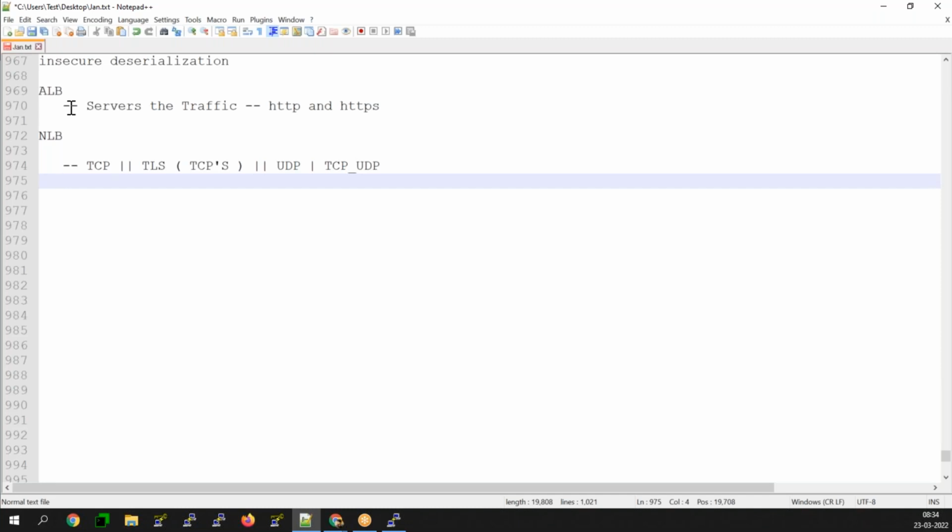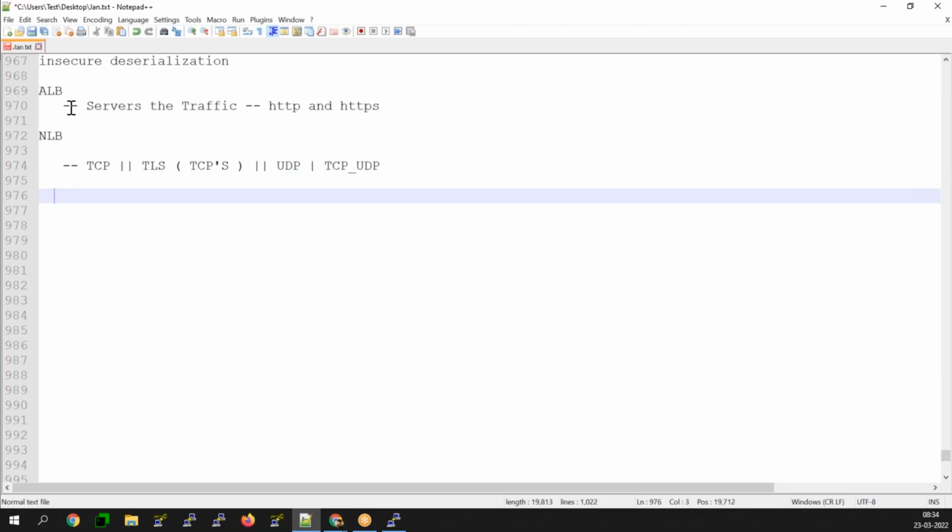Or for example, the Logstash service listens on TCP connections only. So the applications which are listening on TCP connections